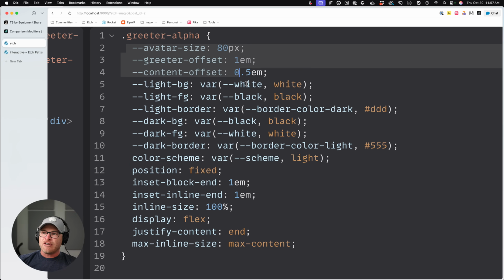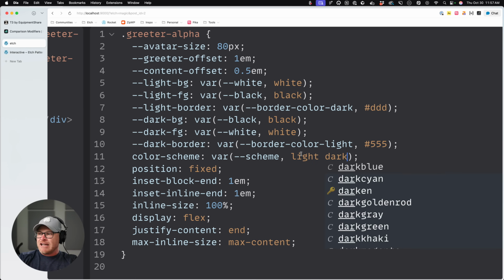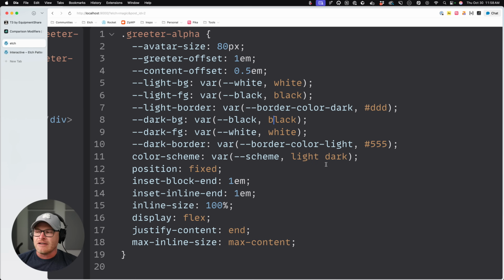You can see that this token is actually not defined up here. The fallback for the token is light, which should actually be light dark like that. That should be the fallback. With this as the default, this would respond automatically out of the box, no switches, nothing, with just user preference. So the user comes here, they would see a light greeter if they prefer light, and they would see a dark greeter if they prefer dark.